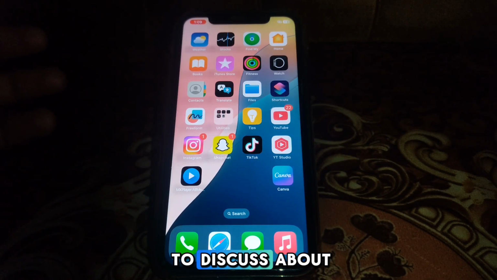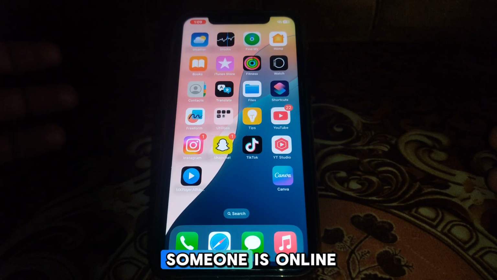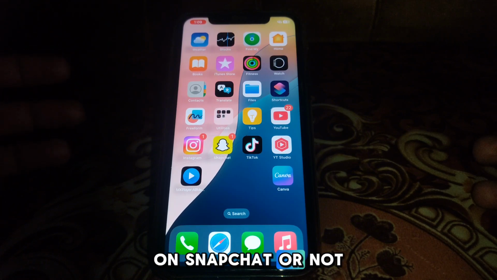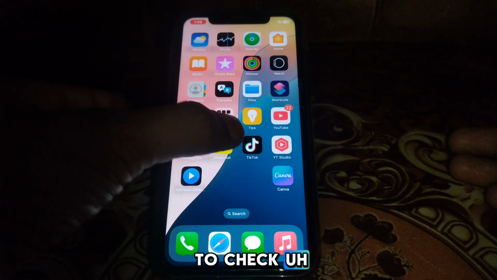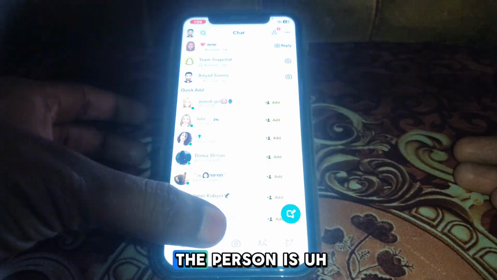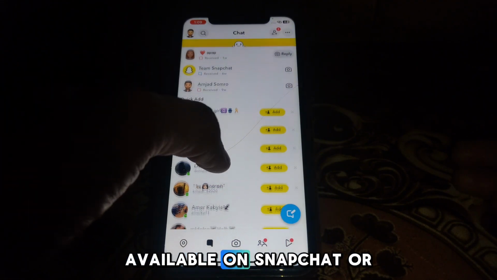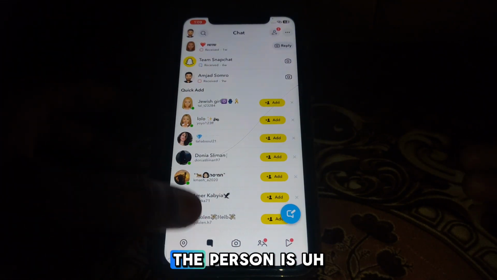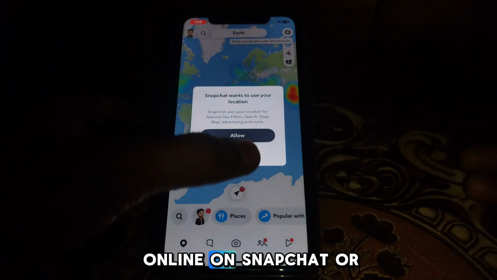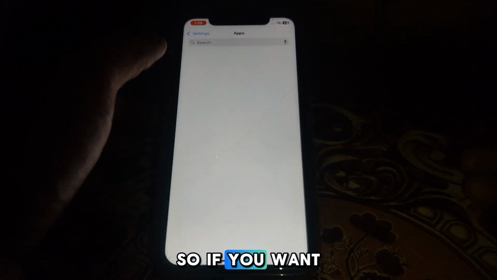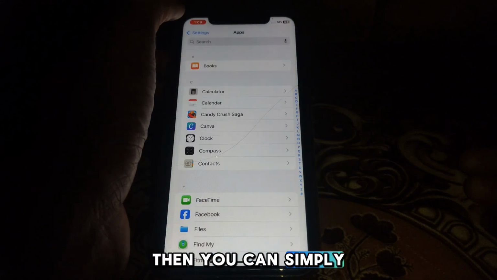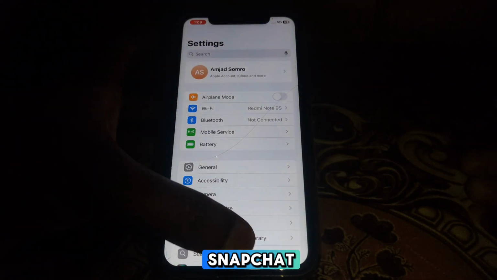Today we are going to discuss how to know if someone is online on Snapchat or not. So if you want to check whether a person is available or online on Snapchat, then you can simply go to Snapchat, and after that what